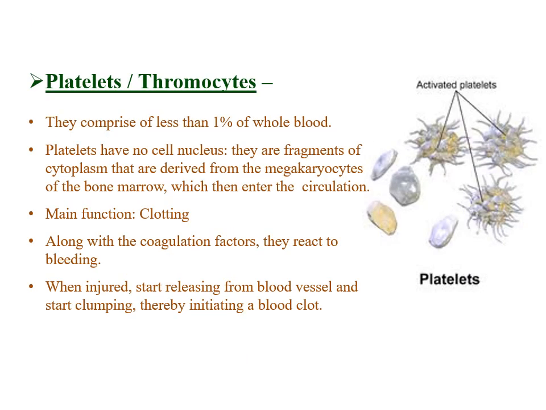Platelets. Platelets comprise less than 1% of whole blood. They are also called thrombocytes. Platelets do not have a cell nucleus. They are formed from megakaryocytes and they enter the blood circulation when there is an injury. They start clumping along with the clotting factors and help in the formation of a blood clot, that is the reddish brown lump we see at the site of injury, right? This helps in preventing excess loss of blood from the body.